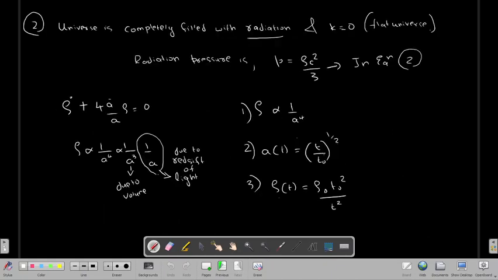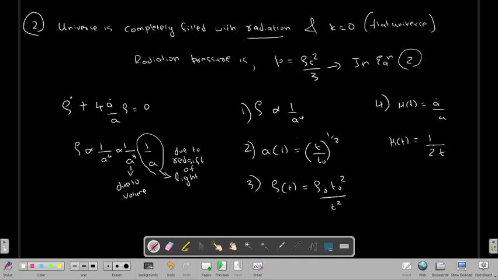To derive all these relations, use the same algebra which we have used in the previous solution, and you will get all these three solutions. You can also figure out the variation of the Hubble parameter. Again you have to find H of t, which is equal to a dot by a. So 1 by 2 will come outside, and 1 by 2 minus 1 will be upstairs, and so you will get 1 by 2t. So you can see that the rate of expansion has also changed. In the previous case it was 2 by 3t, now it is 1 by 2t.